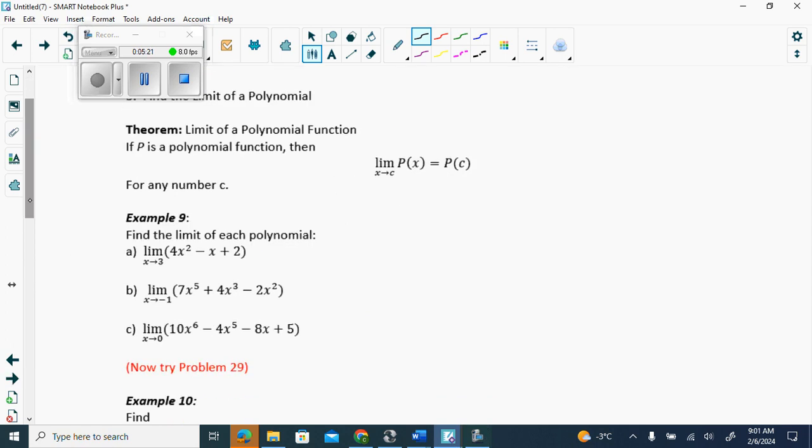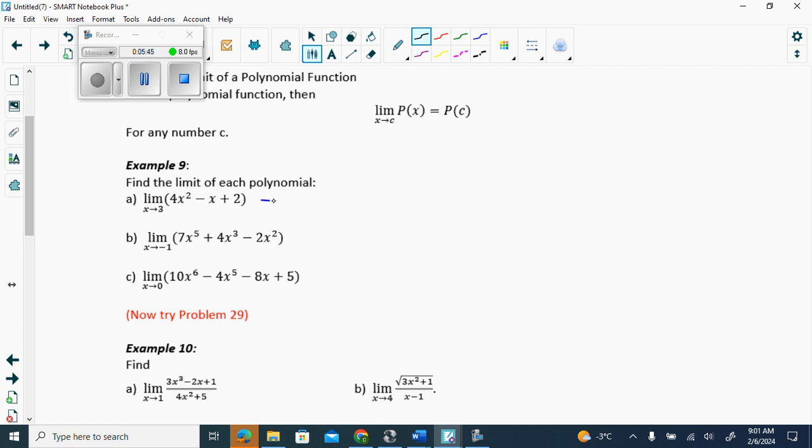Limits of polynomials. Polynomials are what kind of functions? Starts with a C. They're continuous functions. If a function is completely continuous everywhere, the limit will be where f of whatever that is, correct? Every time you have a full continuous function, you should be able to plug in your x, get out a y. That's what full continuous functions will do. So for all of these, we can plug in the limit right off the bat. Because